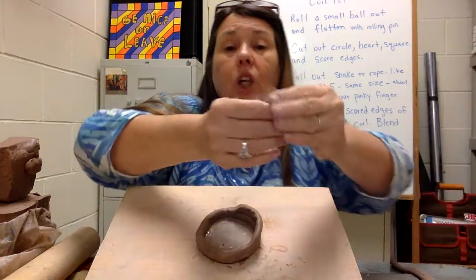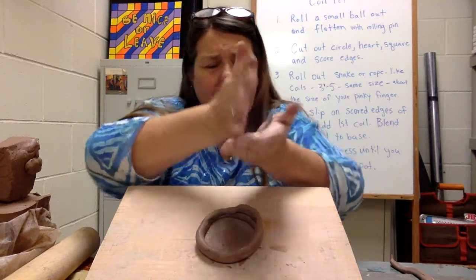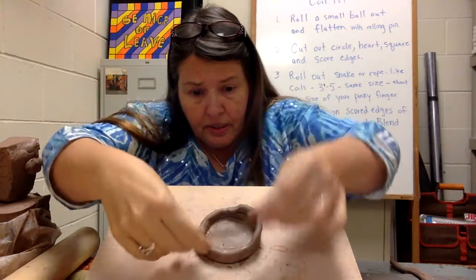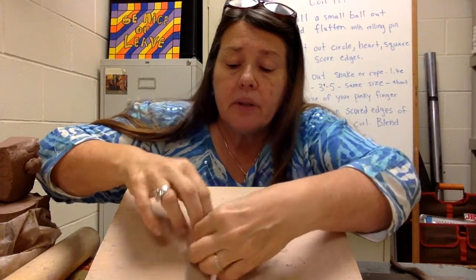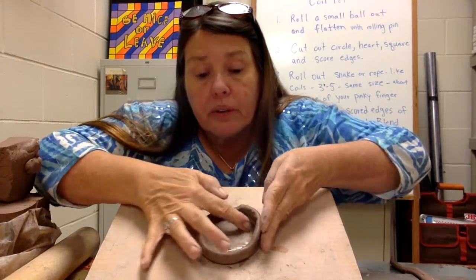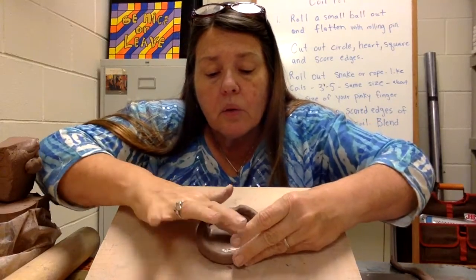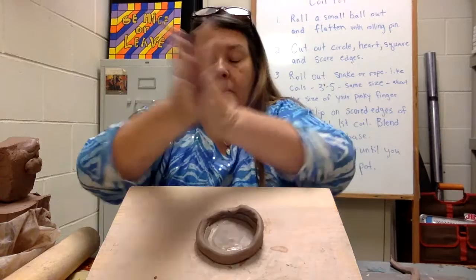You can even take a little piece of fresh clay and make a tiny, tiny coil. See how small that is compared to this? And stick it on the inside and then blend it. It just depends on how you want to do it. I do it both ways, but you make it where it's blended. I'm going to continue doing it this way